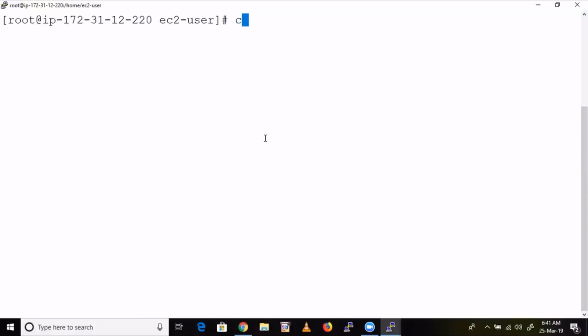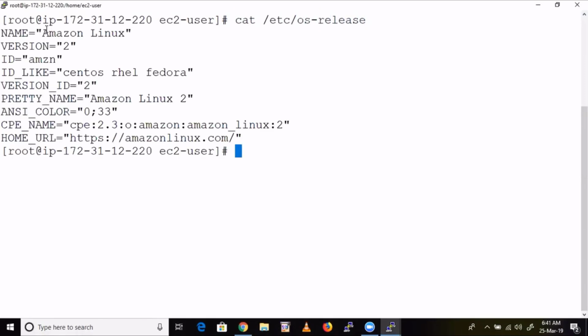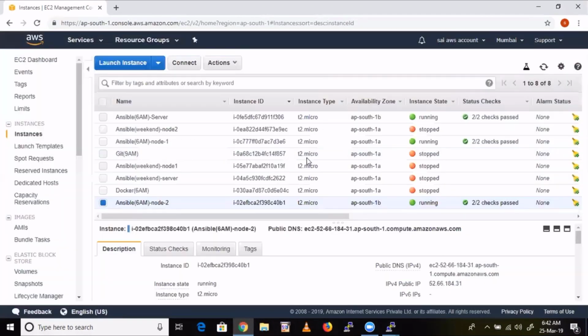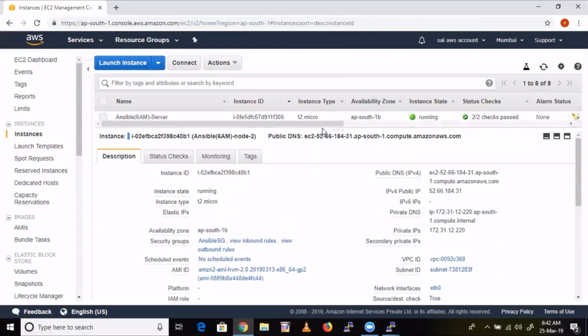Fine. So verify the OS: cat /etc/os-release. So it's Red Hat? Amazon Linux, if you take... Which AMI did you take here for node 2? Amazon AMI. Guys, so we have taken Amazon Linux.